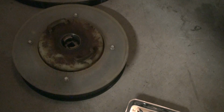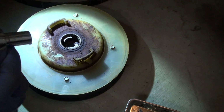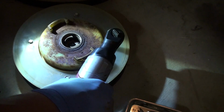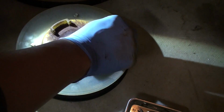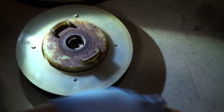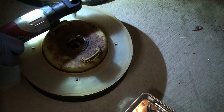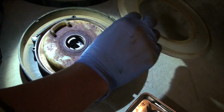To disassemble the clutch, you're just going to have to remove these 4 6mm bolts. Are they 6? Yeah, they're 6mm. The equivalent is a 1/4 inch. If you don't have a 1/4 inch... The top cover should come off, and all you're going to see is